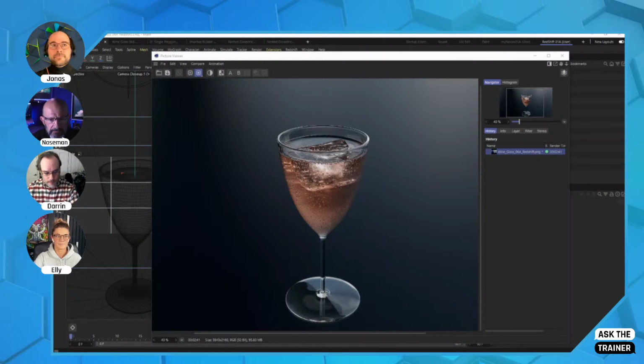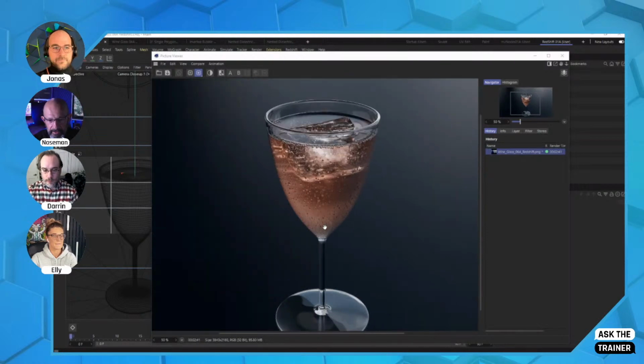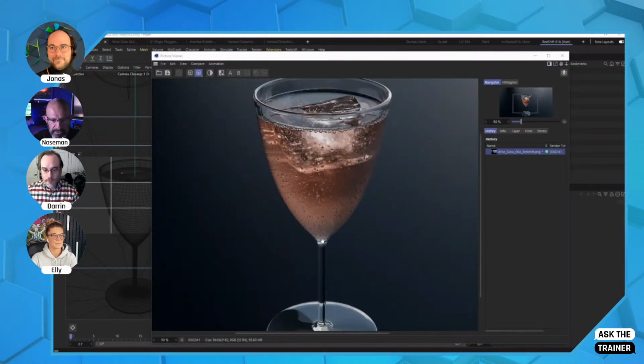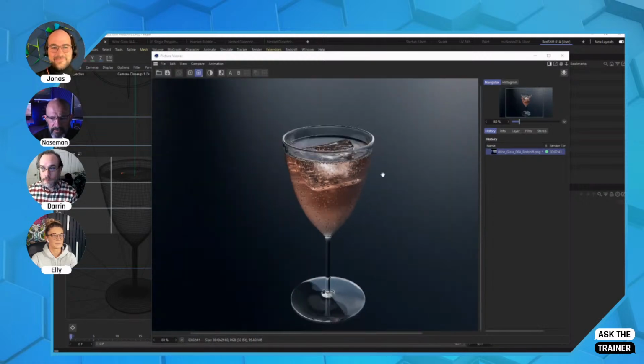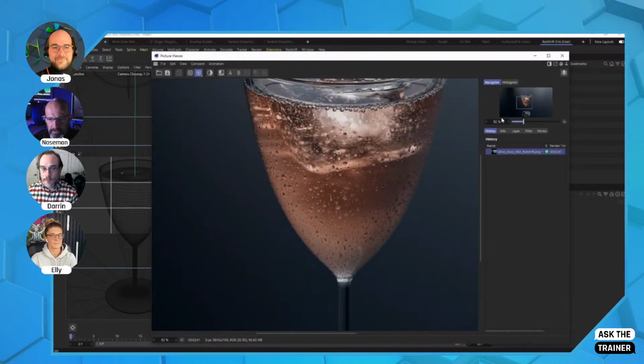And this is just a render of a very simple scene. It's just a glass. It's got some wine or, I don't know, pomegranate juice or something like that, bubbles, condensation, and so forth. Now, there are obvious errors, which I'm going to highlight now before I sing my own praises. Some stretching here because I didn't account for the UVs, but as far as the final quality, and if I go to the 100% mark,